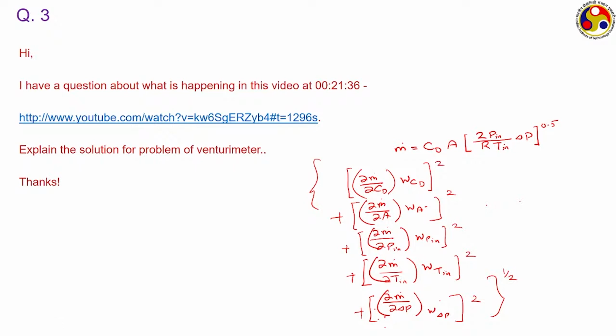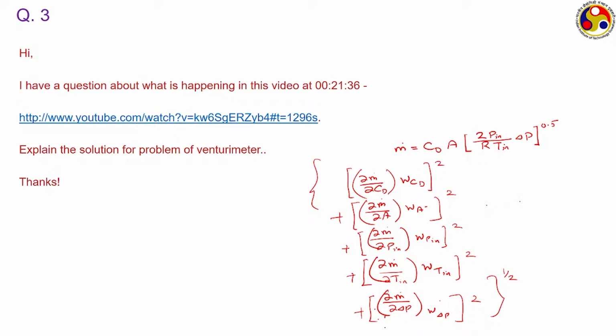One important point to note about this particular problem is that here the values are given in different units. Like P in is given as 2 bar plus minus 0.02 bar, whereas area is given as 6.75 centimeter square plus minus 0.1 centimeter square. It is important that you convert each of them to corresponding SI units and then only start solving. Otherwise, you will have a mismatch of the units and you should end up with an erroneous result.